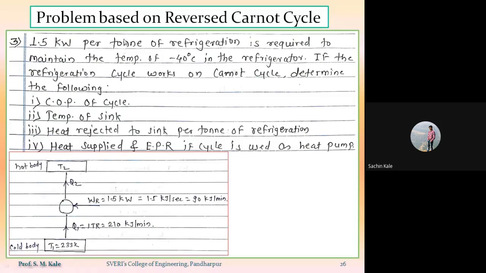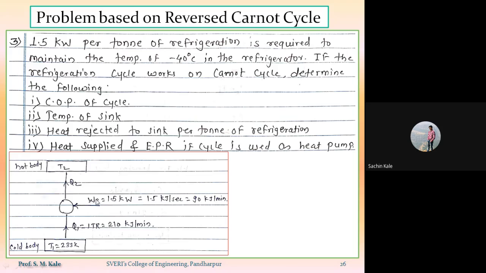Then you are able to obtain a ton of refrigeration. 1.5 kilowatt per ton of refrigeration is required to maintain. So whenever you are supplying 1.5 kilowatt of work, you are able to absorb heat equal to 1 TR. So 1 TR is nothing but 210 kilojoule per minute. As you are getting the value of QA in terms of kilojoule per minute,